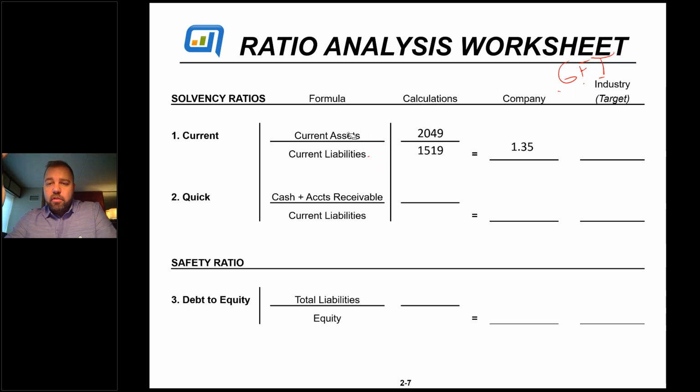So is that good, fair, or terrible? Well, we don't know, right? We don't know because we have to compare a ratio to something else. So when we put down the 1.9 from the industry average page I just showed you, Sammy's company has $1.35 to pay for every dollar they owe on a credit card, but everybody else has $1.90. Now is that good, fair, or terrible, right? In my opinion, it's at least fair, right? And it's fair because he can at least pay for himself, right? He's at least being able to pay for his daily operations, because if he wasn't, it would be less than one. So for every dollar he owes, he's got $1.35. If he was less than one, then we got a problem.